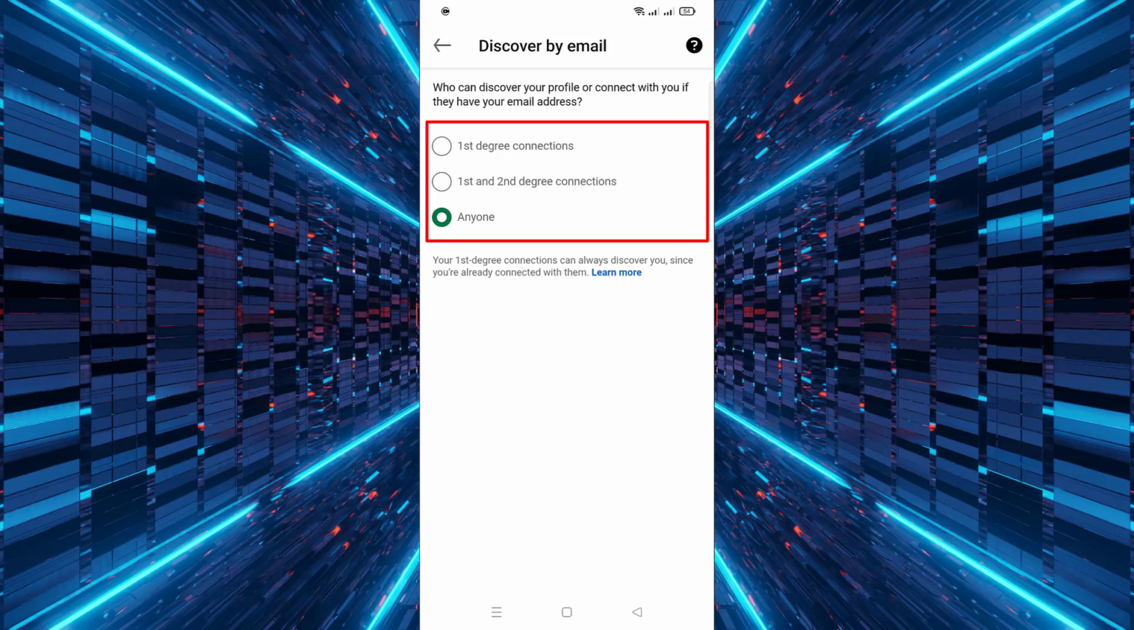For example, if you want only your closest connections to find you, choose first-degree connections. If you're open to being discovered by more professionals, you can choose anyone. Finally, once you've made your selection, the change is automatically saved and applied to your account,